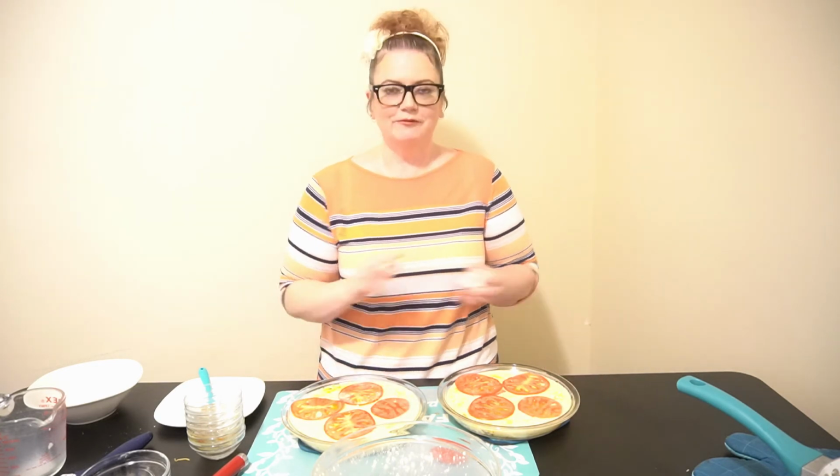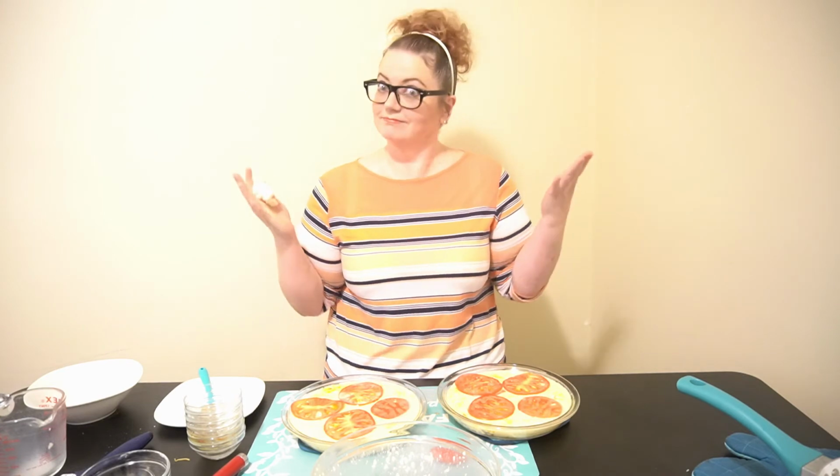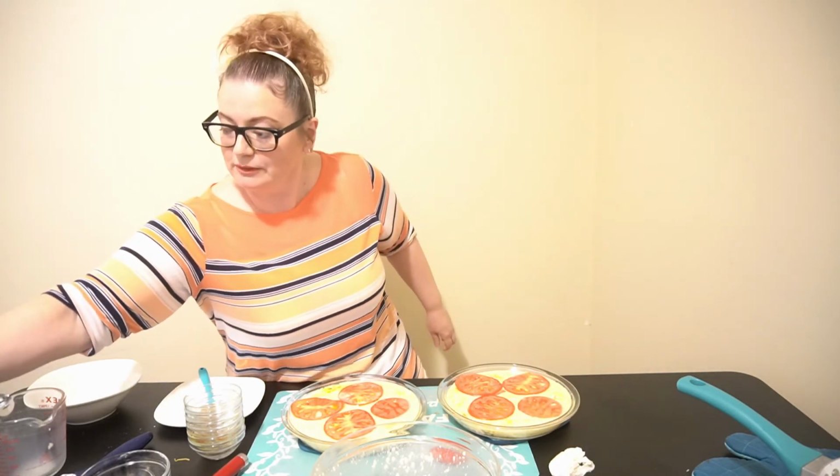It's very important for your food to look pretty and appetizing, because yes, I'll eat it if it doesn't look pretty, but you can't tell me if it looks gorgeous that it does not increase your pleasure with the actual dish. That's my philosophy, and I'm sticking to it. So I'm going to reach over here,